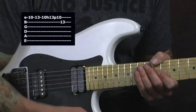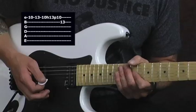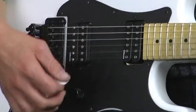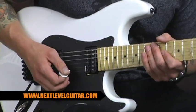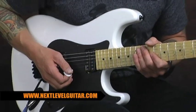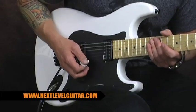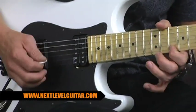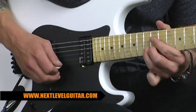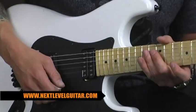Now, let's talk about the picking of this, right? I've got slightly what would seem to be a palm-muted motion with my right hand. I'm not out too far. I want to stay nice and controlled because playing anything accelerated on the guitar requires small motion, so you want to make sure that you're right there and concise on it. I start with an upstroke on this lick. That's slightly different. I go up, down, up, so I can finish right on that downstroke and be really aggressive with my resolving note. So slowly,